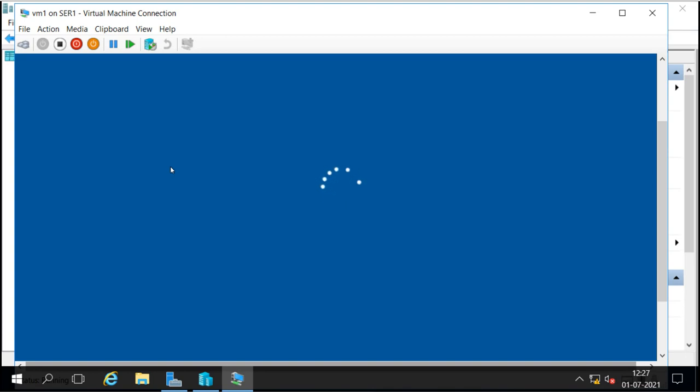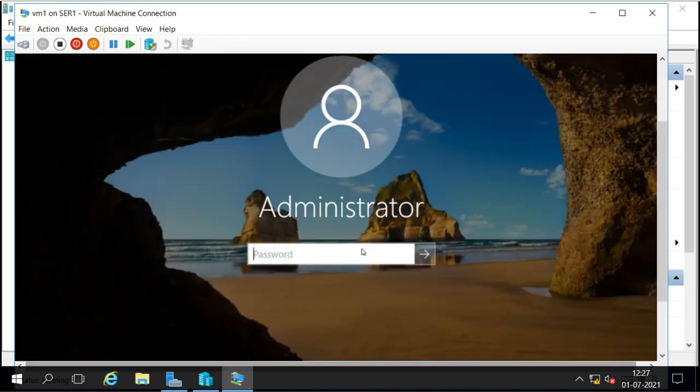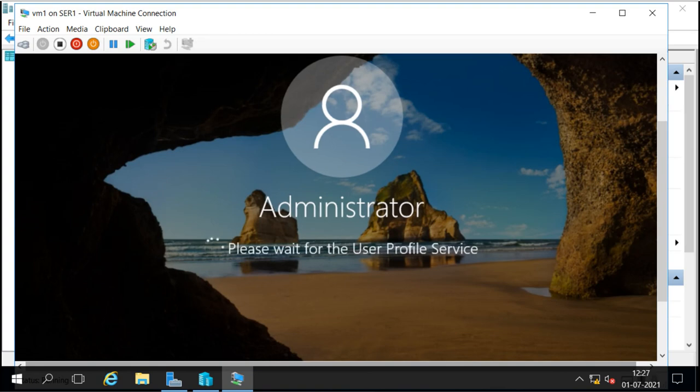It is a good idea to use this, because the keys pressed directly will go to the real machine, and the real machine will go into Ctrl+Alt+Delete mode. So I have given the password, and now the machine is ready and running.